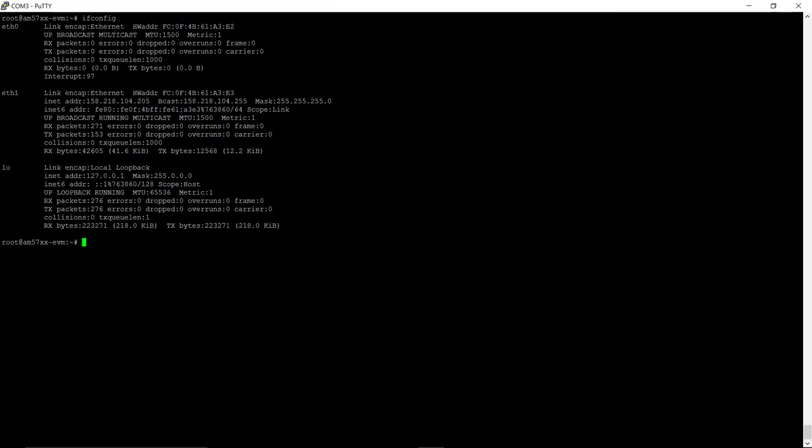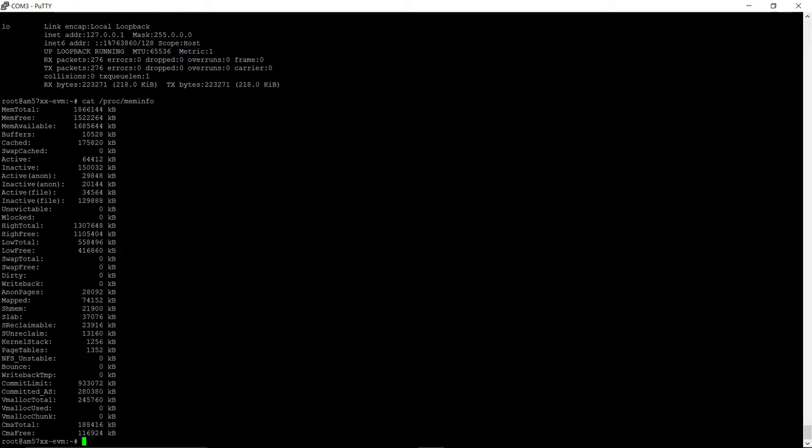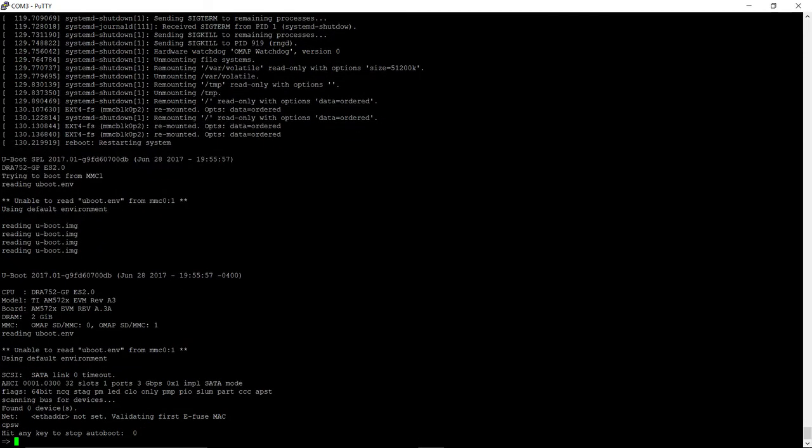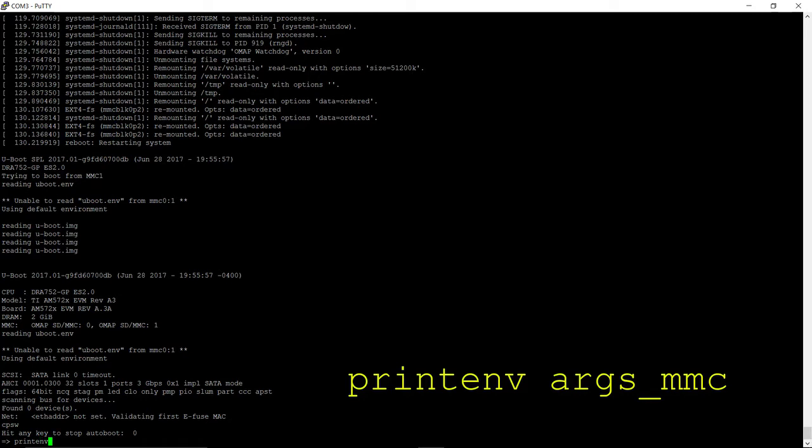Okay, so we have now booted the AM5728 EVM with the Processor SDK Linux 4.0 pre-built SD card. Let's check the memory arguments using the command cat /proc/meminfo. Note that the total amount of virtual memory allocated is 240 megabytes, which is the default. Let's reboot the board and then halt the boot to access the U-boot shell. Now, let's modify the boot arguments using the command printenv